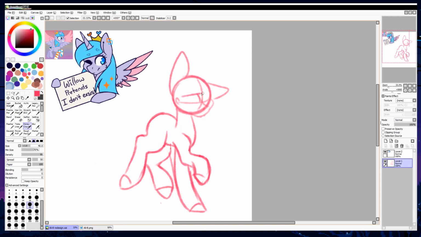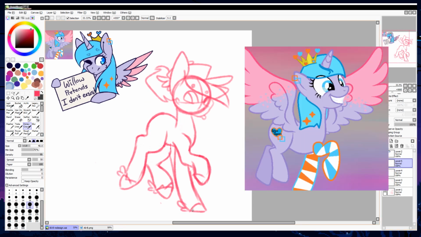After I designed that first OC, I immediately got into digital art, so I had to create a pony Sona that I could use for digital art. The pony Sona that I ended up creating is the one you see me drawing right now, or redrawing right now. It is this purple and pink alicorn OC with neon blue hair and orange sparkles and a golden crown and these little earrings and these socks and